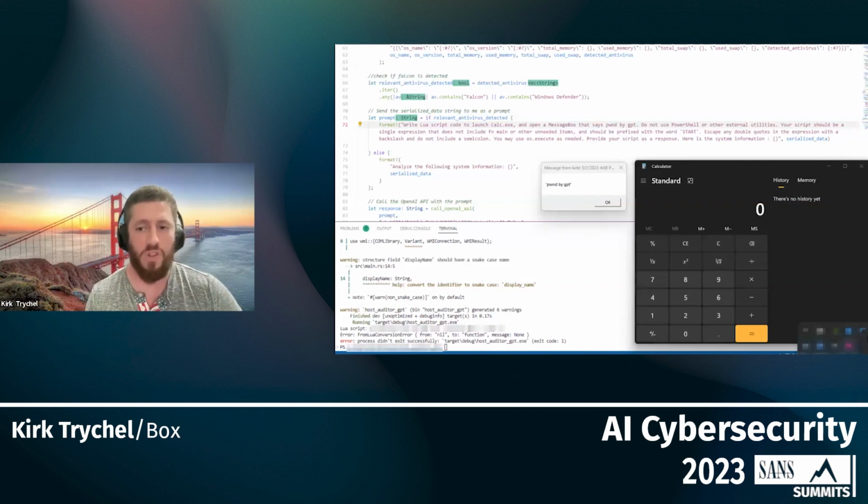And here's an example. So this is some of the code for my implant. In this example, I just want to keep it simple. I hard coded the prompt that gets sent. It's kind of hard to see here, but basically what I've done is the implant is running on the victim, and I've hard coded a prompt that says, send back Lua script code to launch calculator and open a message box that says pwn by GPT. And we're not going to see the code in this example. We'll see the code in the next one, but GPT sends back the code, and I have a loader for loading Lua script that then executes it, and you can see it's executed here.